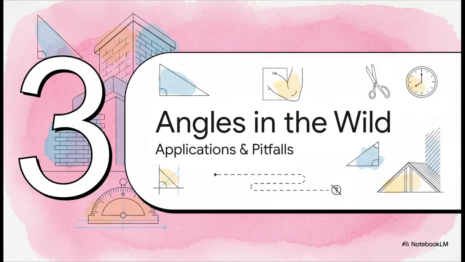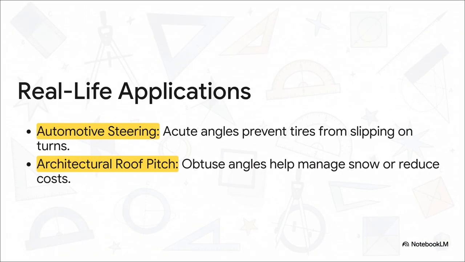So you might be thinking, okay, I get it, but why does this actually matter? Well, the truth is, these classifications are everywhere in the real world. Let's look at a couple of quick examples, and then we'll tackle a super common mistake that you'll want to avoid. Ever wonder how a car turns so smoothly? The inside and outside wheels don't actually turn at the same angle. It's not that simple. Engineers use a bunch of really specific, acute angles to make sure your tires grip the